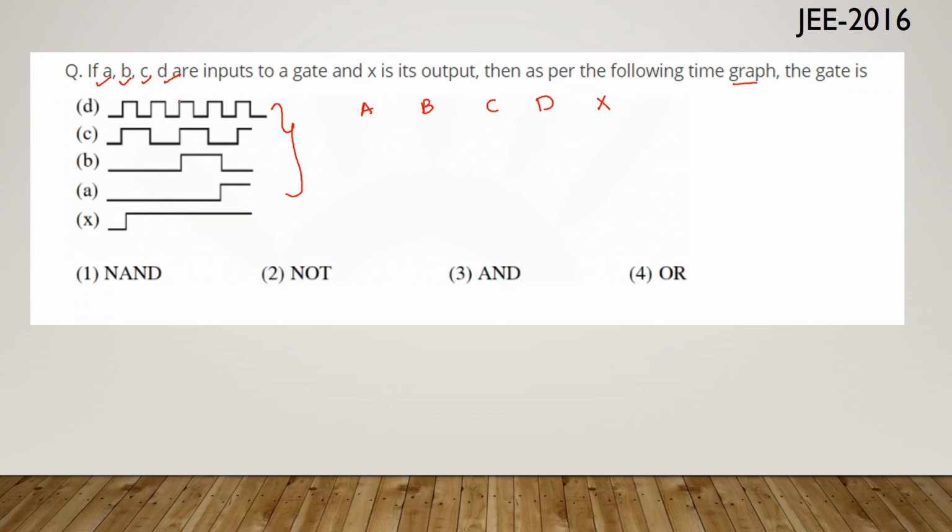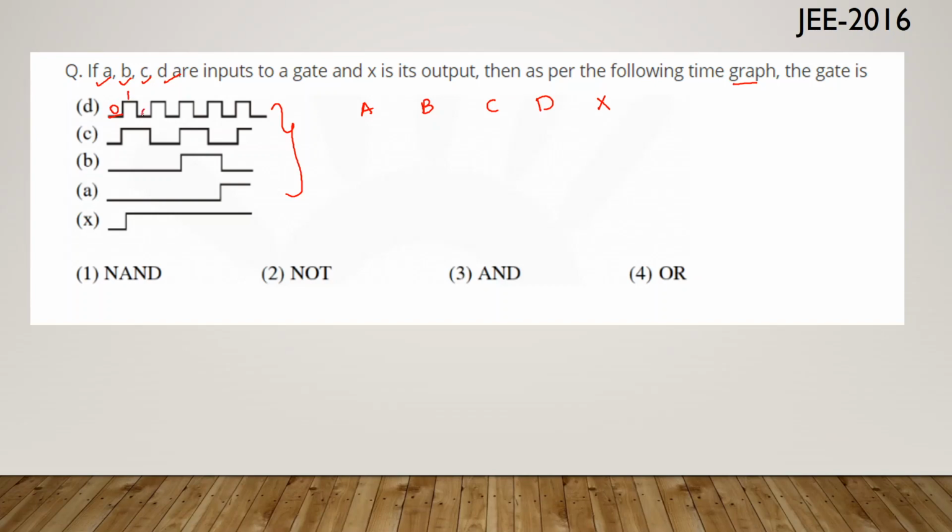Already we did this type of problem. I want you to do this problem. You can pause the screen and solve this problem. I am leaving this problem to you. I will just explain one gate. I will be taking this D1. See, this is low signal. This is represented by 0.